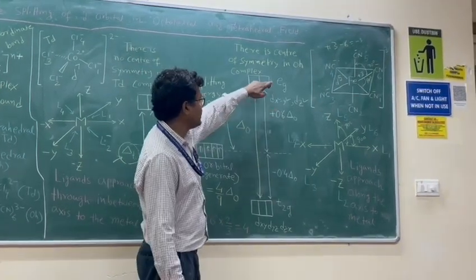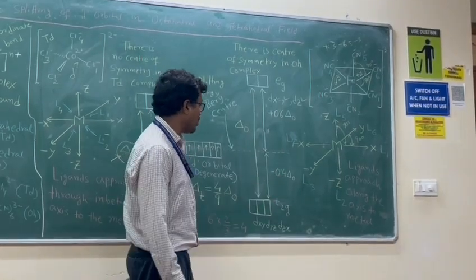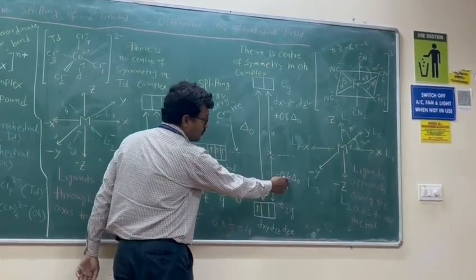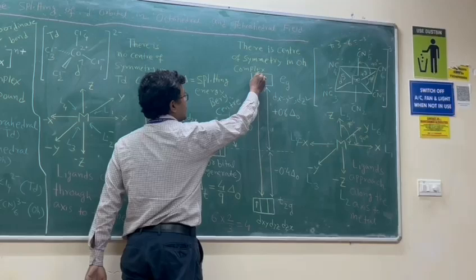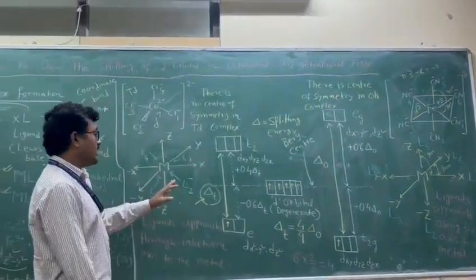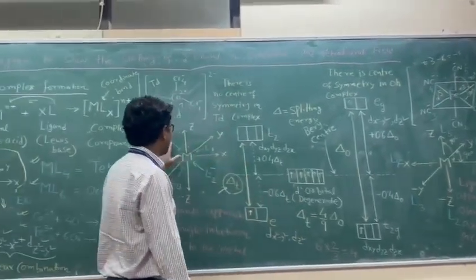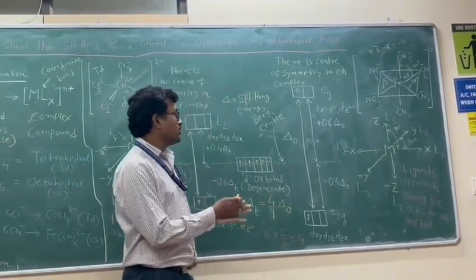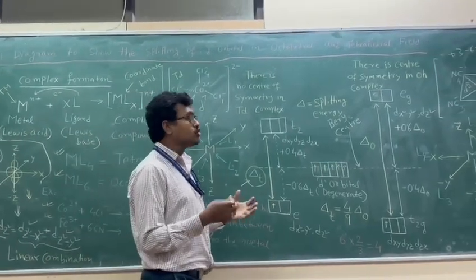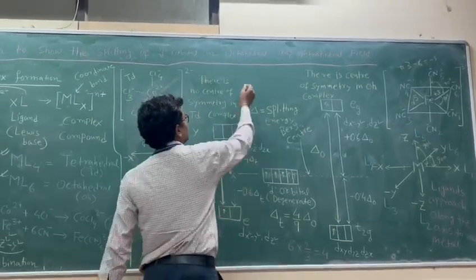From the barycenter to Eg the energy gap is plus 0.4 delta O, and from the barycenter to T2g it is minus 0.4 delta O. It means if there is one electron in this level, the energy will be minus 0.4 delta O. If there is one electron here, the energy will be plus 0.6 delta O. Now we can see that in octahedral there are 6 ligands, whereas in tetrahedral there are only 4 ligands. More ligands means much more negative charge, a more negative field. So the octahedral field is much stronger than the tetrahedral field. So if we check the splitting energy, the splitting energy in case of octahedral